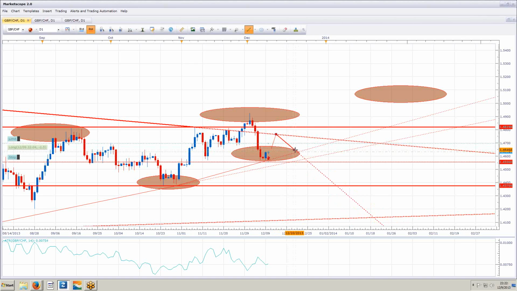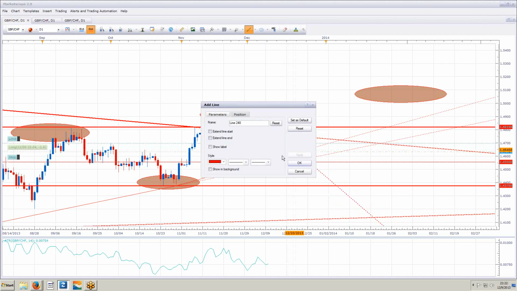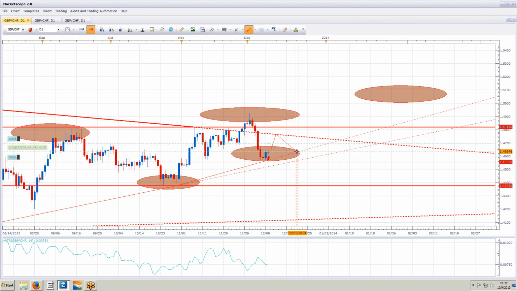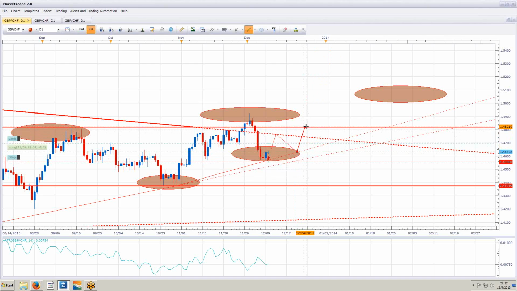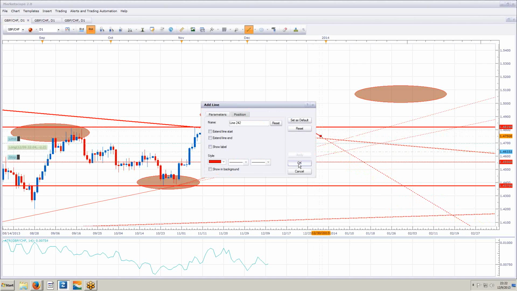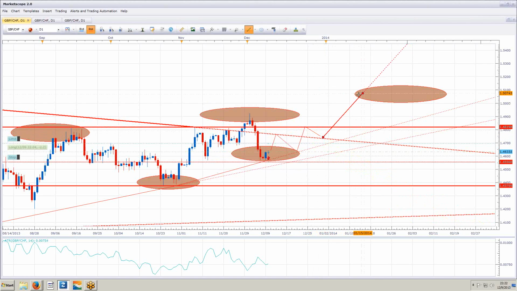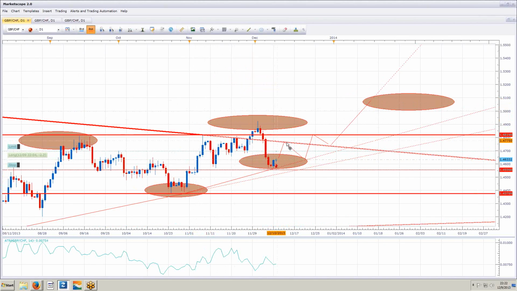It could go down here again, test that, and then it'll have to test that or break out, depends on what it wants to do. And then it could test that level here, and then up here. Somewhere along those lines. If I was to look at where the major levels are, right, but then you still